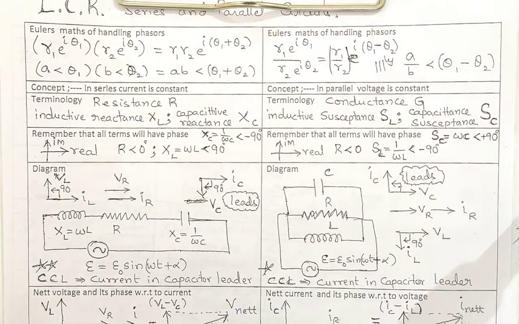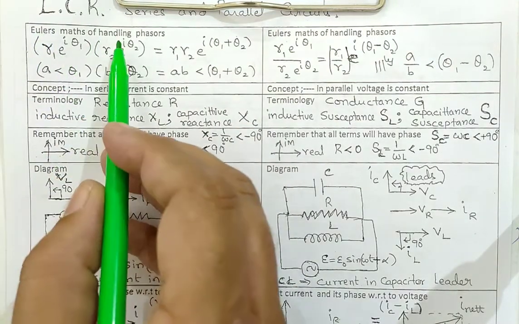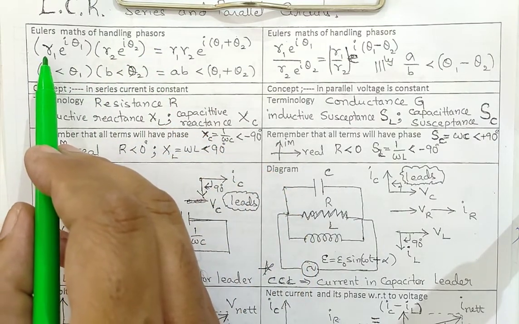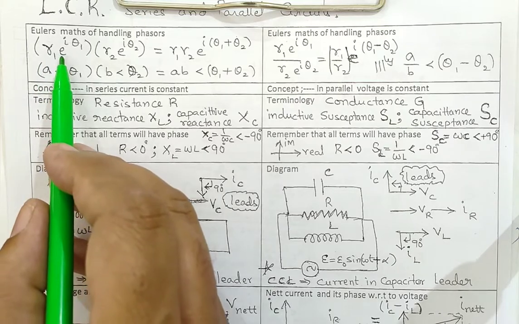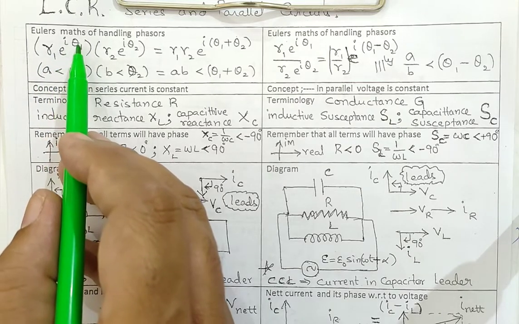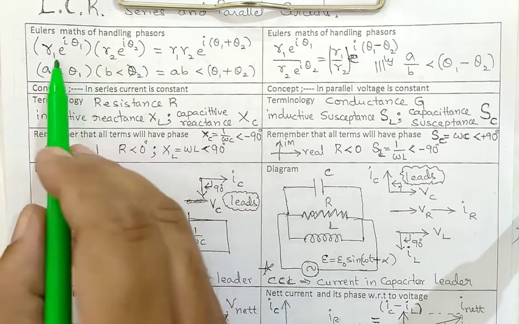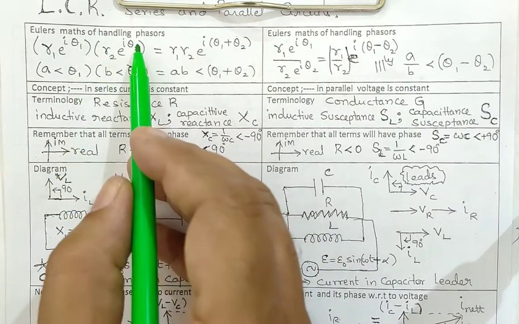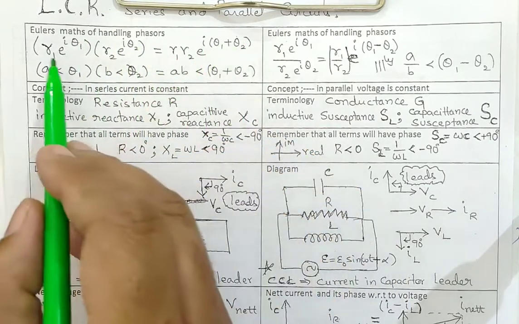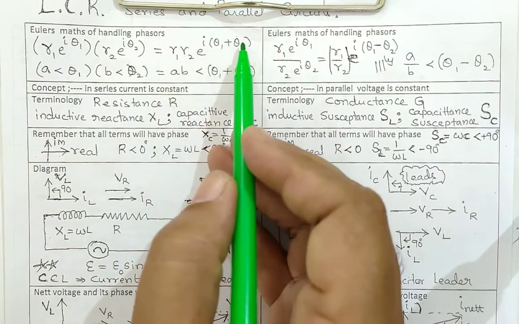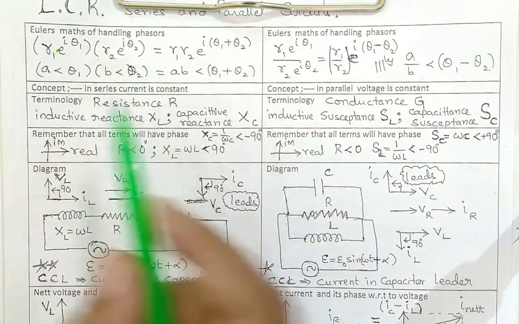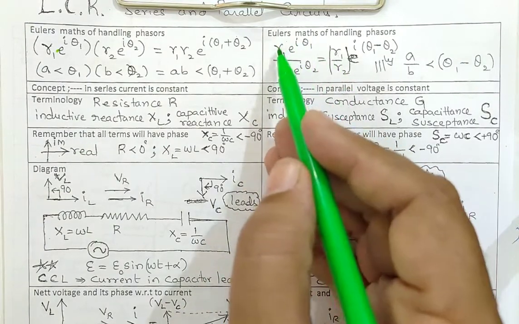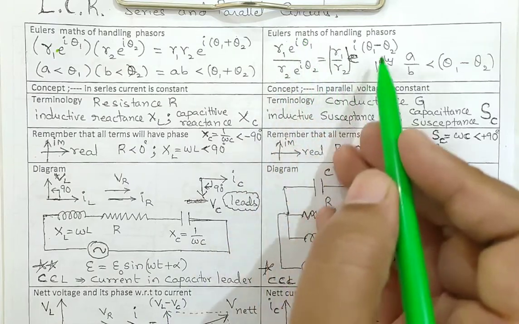Now we are extending the lecture further. For this, you have to learn Euler's maths of handling phasors. According to Euler maths, the amplitude of I or E is written as R1 times an exponential term with the imaginary phase. If they are in product form, directly multiply R1, R2, and the exponential terms are to be added. Amplitude should be multiplied, exponential terms added. Similarly, in division form, R1 e to the power of i theta 1 over R2 e to the power of i theta 2, directly divide them and the phase angles should be subtracted.